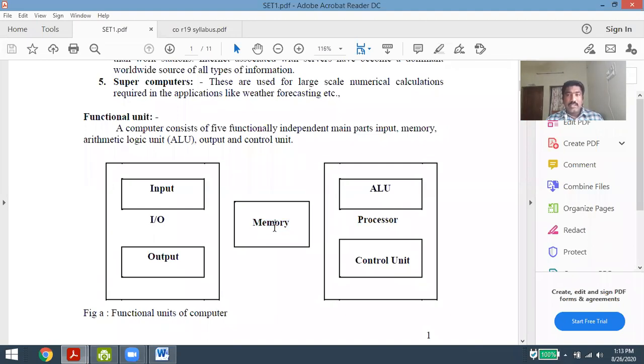Data in the sense is the information which is given as an input by the user, or by the set of programs, to the processor. So the processor takes the action, or does the task, whatever data it is getting. So what is the difference between data and an address? For example, if I say that there is a CRD college in Eluru, the CRD college is the data, and the location where it is located, in Vatlur, is called an address. What is the use of an address? An address is used to identify where the particular data is located.